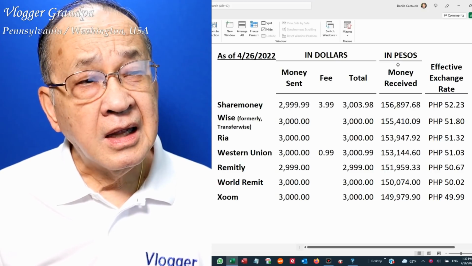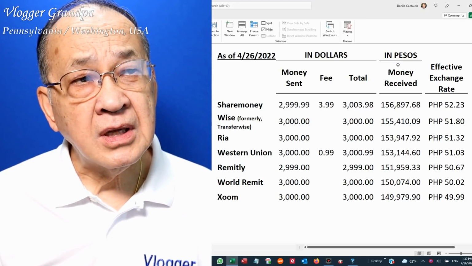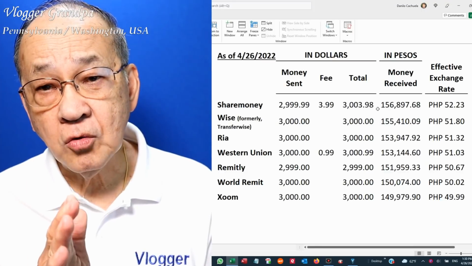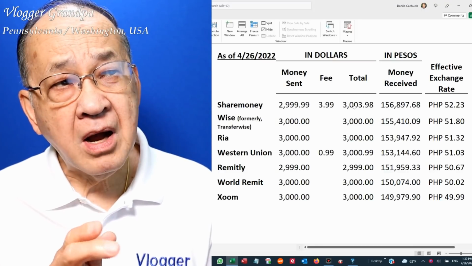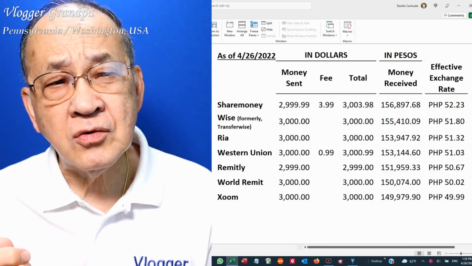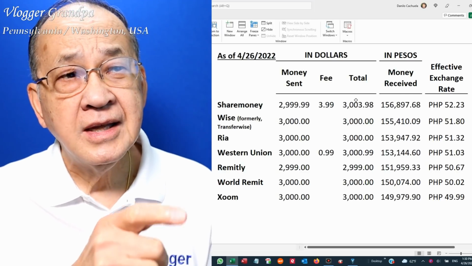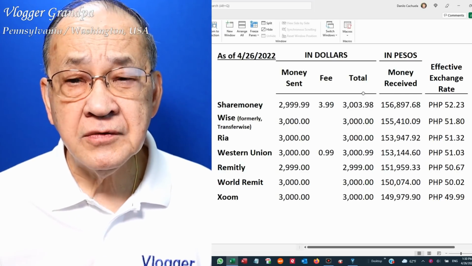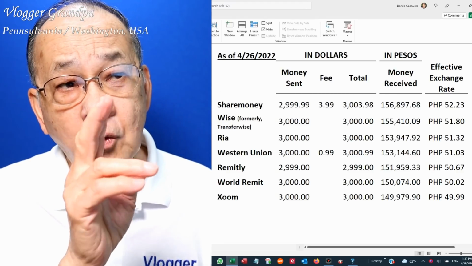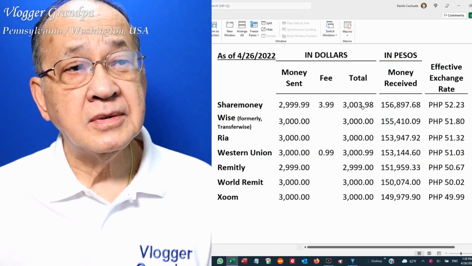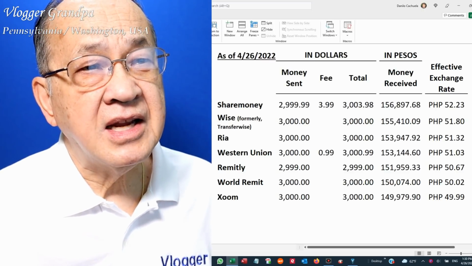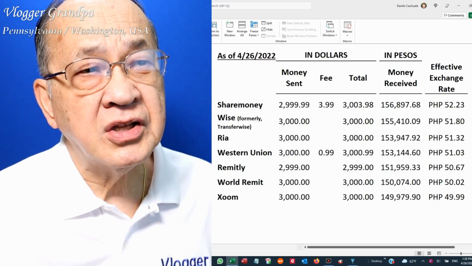Now, look at how much total you're paying: money sent, add the fee, and then total. You don't worry about how the fee is being calculated or whatnot. All you want to know is how much money you are paying and how much money you will receive in the Philippines. Okay? Now, you divide one into the other. For example, let me show you. You divide 156,897 by the total cash that you paid,